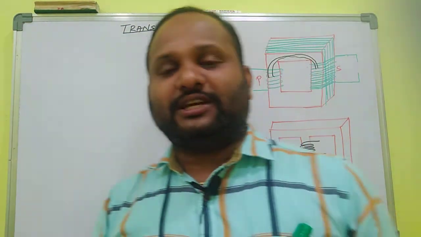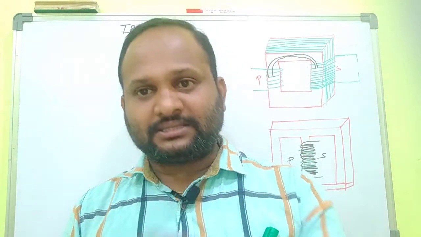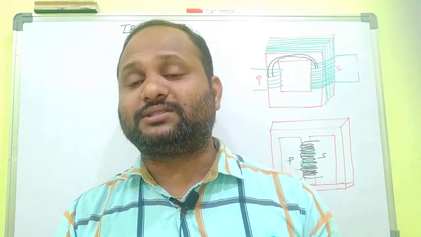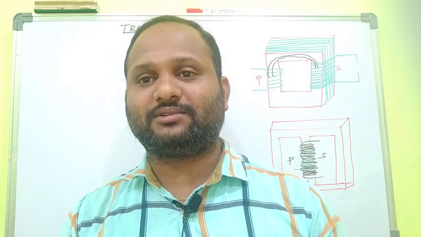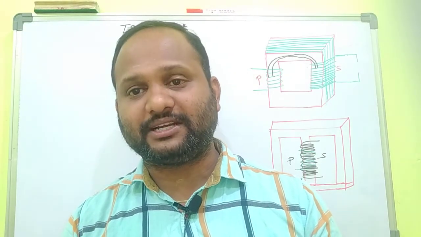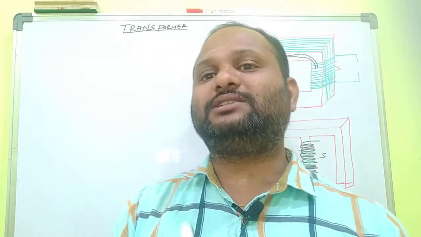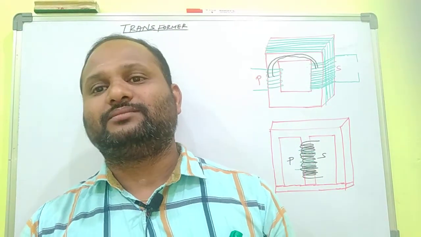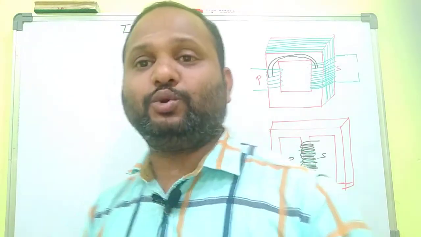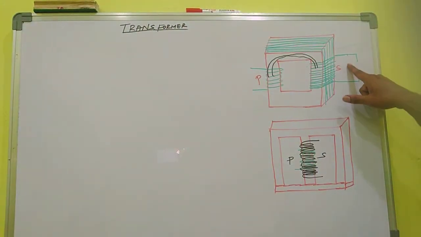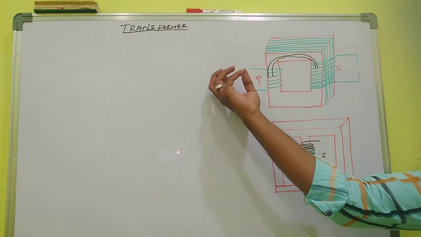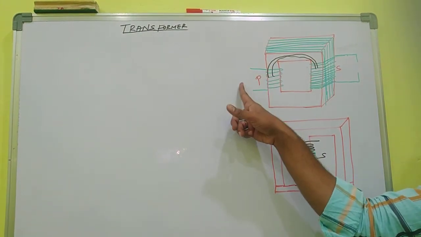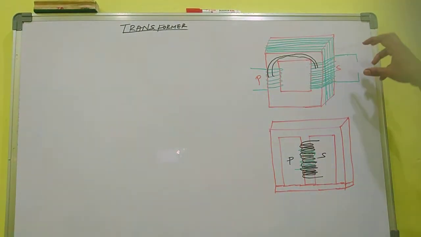Here the magnetic flux changes because the alternating current changes. So there is a change in the magnetic flux, which produces what? According to mutual induction, according to electromagnetic induction, if there is a change in the magnetic flux, an EMF will be induced, that is, across the secondary. So we apply an alternating EMF in the primary, then an alternating EMF will be produced across the secondary.